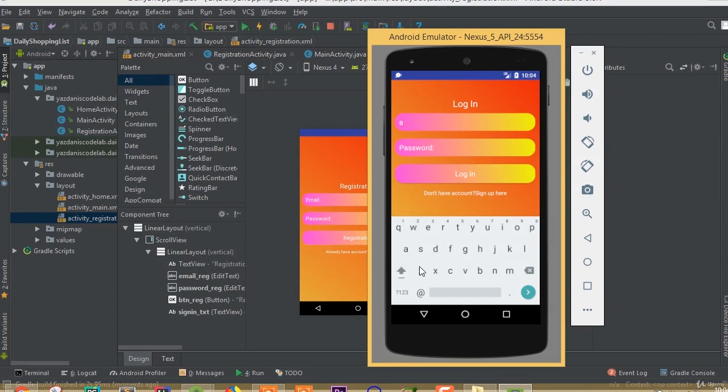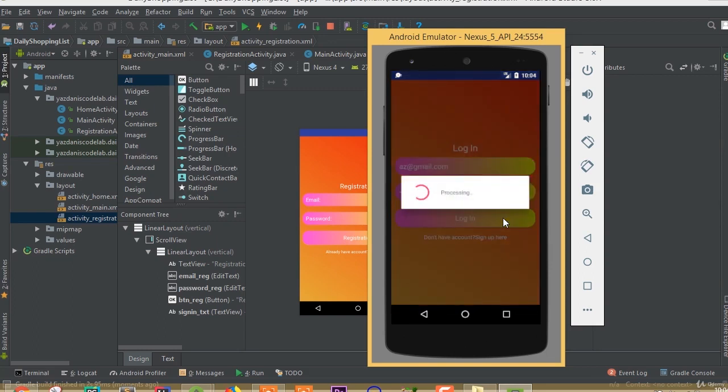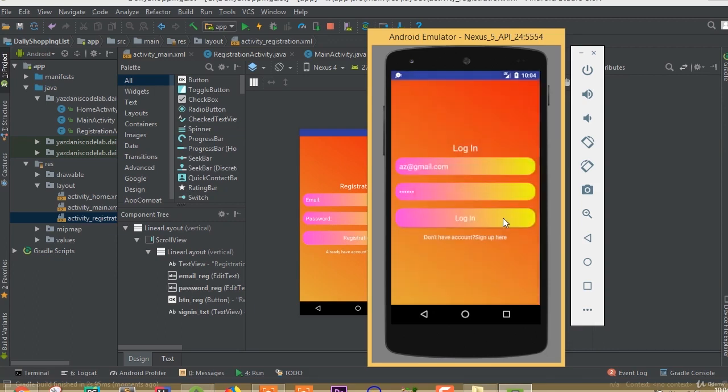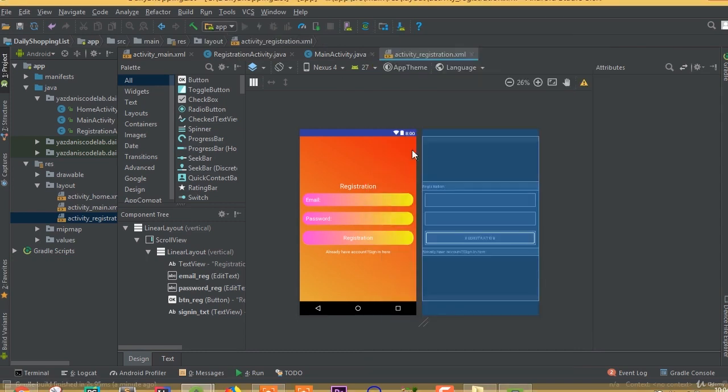So we can call it agent@gmail.com, and we need to add our password 123456 and hit this login button. And now we are in our home activity. So we successfully complete our registration and login,